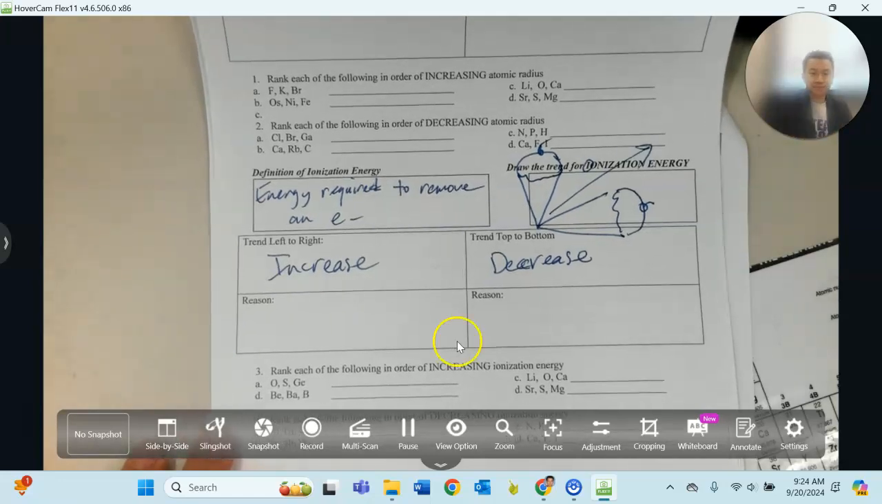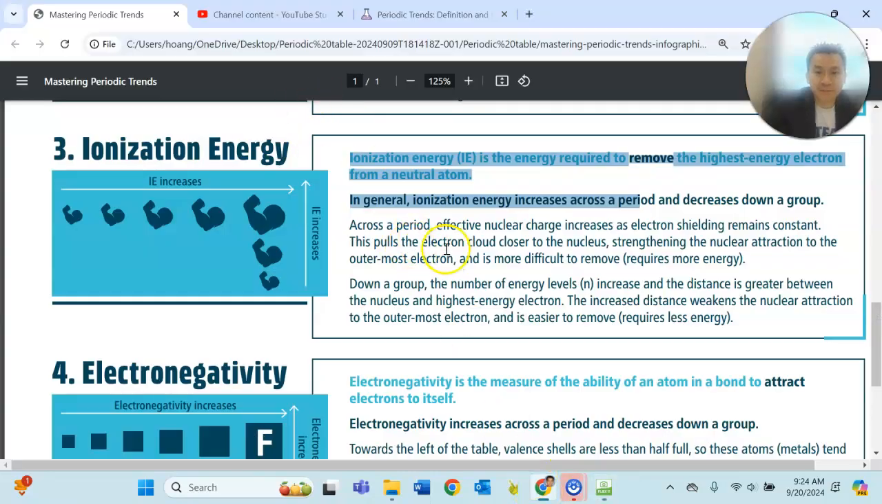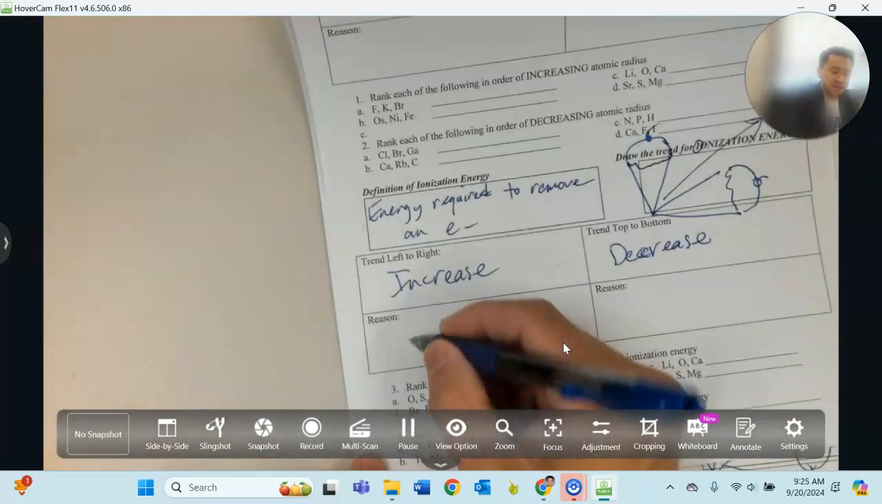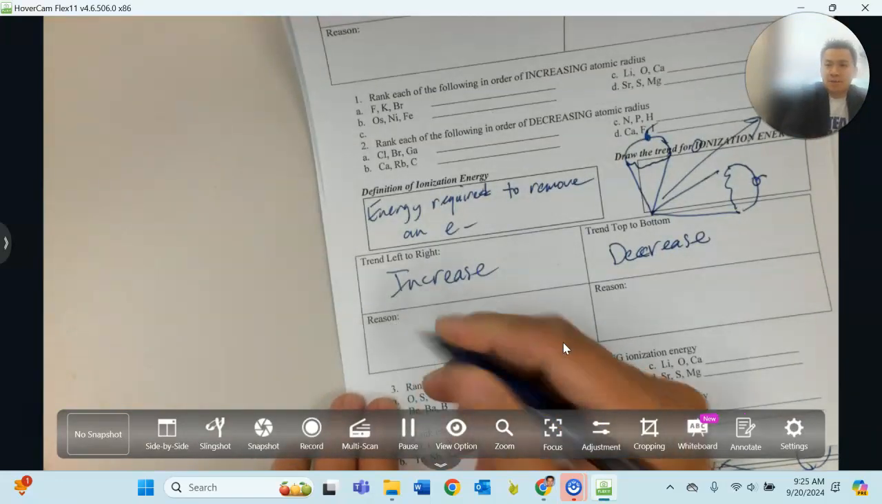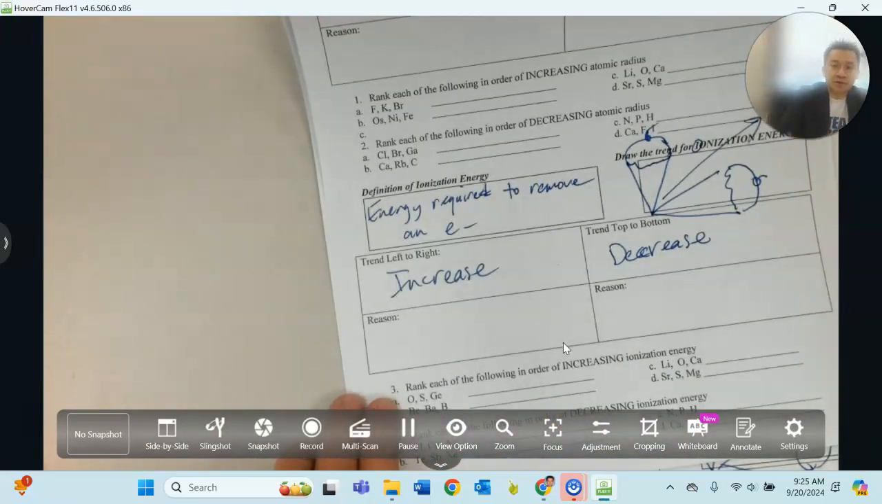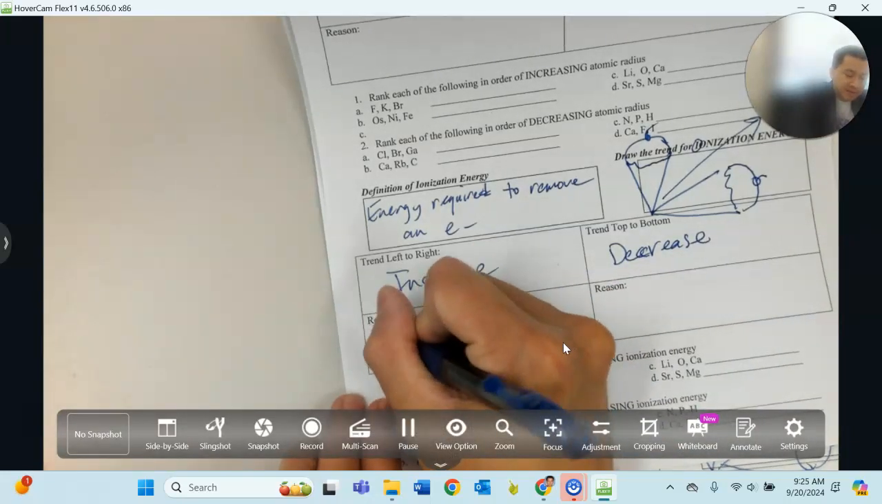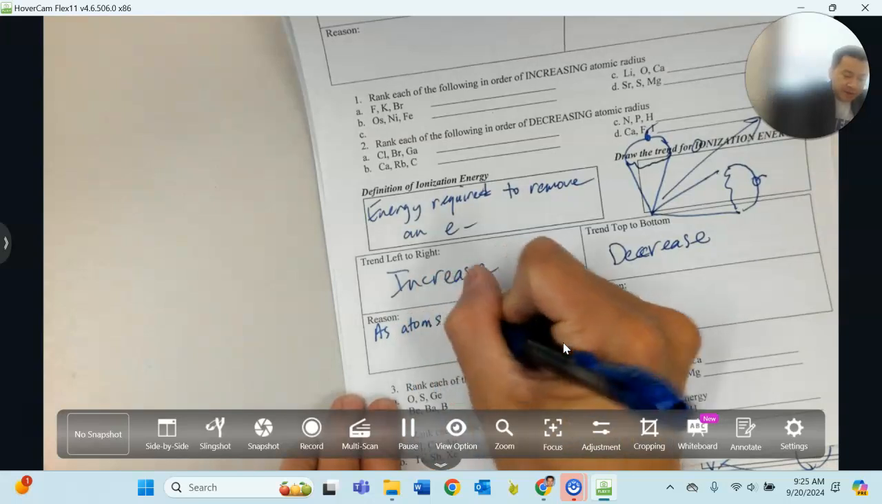The reason for that, ladies and gentlemen, as you read here: across a period, effective nuclear charge increases as electron shielding remains constant. This pulls the electron cloud closer to the nucleus, strengthening the nuclear attraction to the outermost electron, and it is more difficult to remove. So let me put it in basic, simple terms to help us remember this. Left to right, the atom gets smaller because of a stronger effective nuclear charge, right? So we already know that, so we'll cut that part out and simplify it as: atoms get smaller left to right